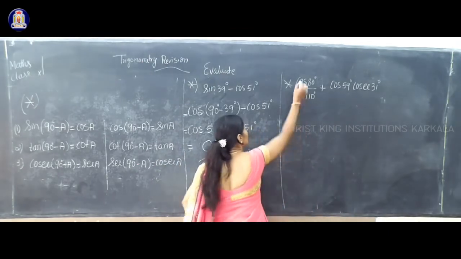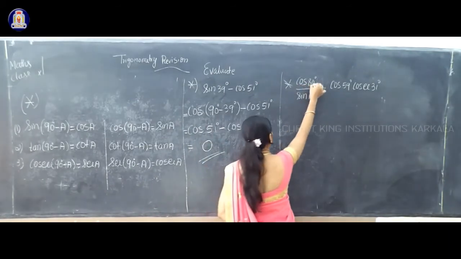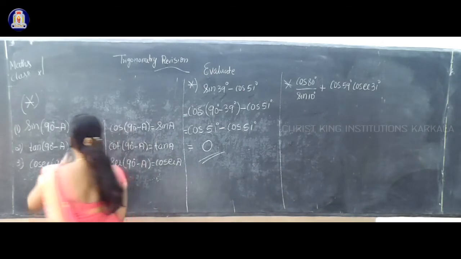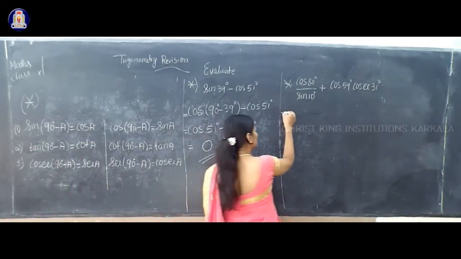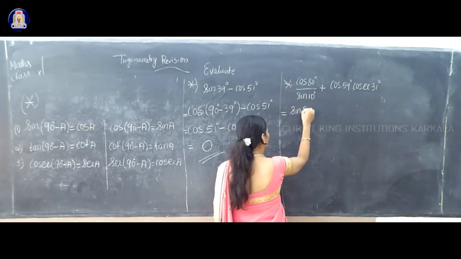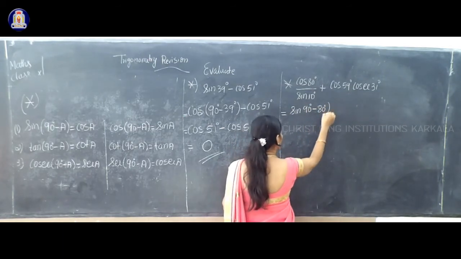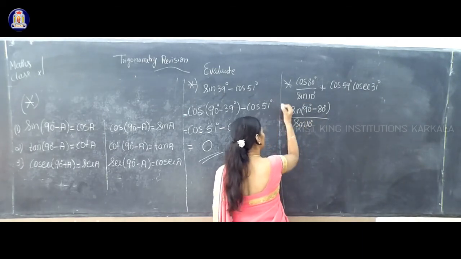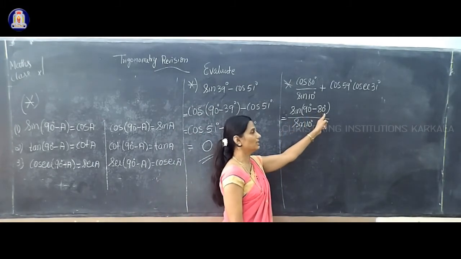So first here, sin and cos. Either change cos or sin. So cos 80, and apply for this one. Cos 80 means it is like cos A. So cos A is what? Sin of 90 minus A. So cos 80 degrees is what? Sin of 90 minus 80, divided by sin 10 degrees.